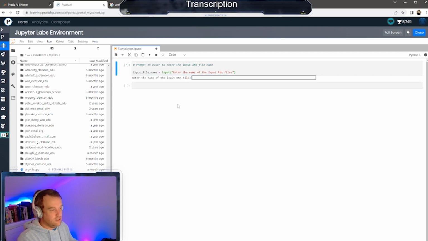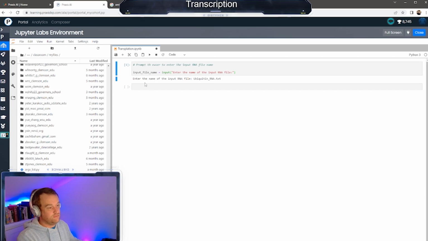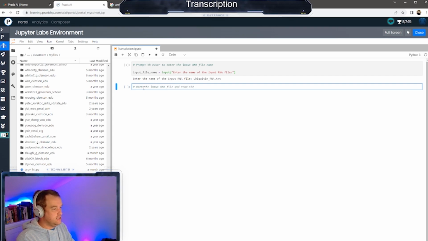So run it. And what did we save it as? I saved it as ubiquitin because I gave up on SUMO because it was weird. Ubiquitin RNA.txt. Enter. Wonderful. Okay, so now we're going to open the input RNA file and read the RNA